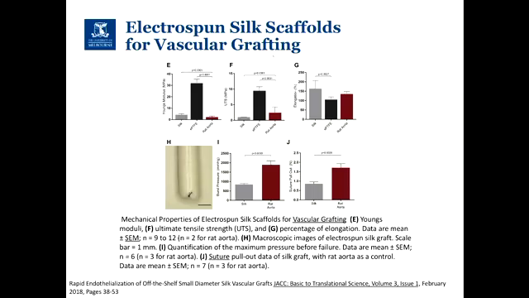The gold standard, or the main one that's used, as I mentioned before, is ePTFE. It's an expanded version, so it becomes a little bit more porous. In this paper, it shows nice SEM images where you can see the porosity, but I didn't put that in. Here, this paper is comparing electrospun silk to ePTFE and seeing how well it goes.